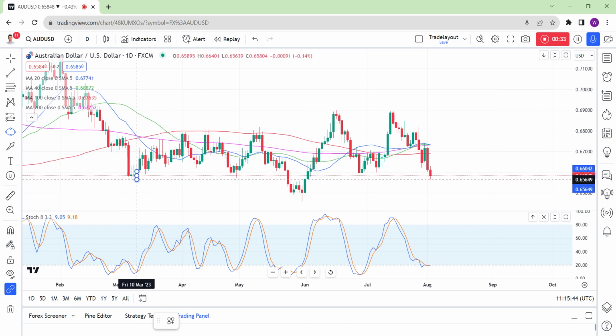So what I'm doing now is I'm just putting ellipse symbols at all the points where, roughly around the same area, you've seen price fly away to the upside. And just note that within the period I'm showing you, it's gone on since early March 2023, and we're now at August time. So at all these points I'm just labeling now, you've seen the market pop to the upside. Okay, you've seen it happen various times.